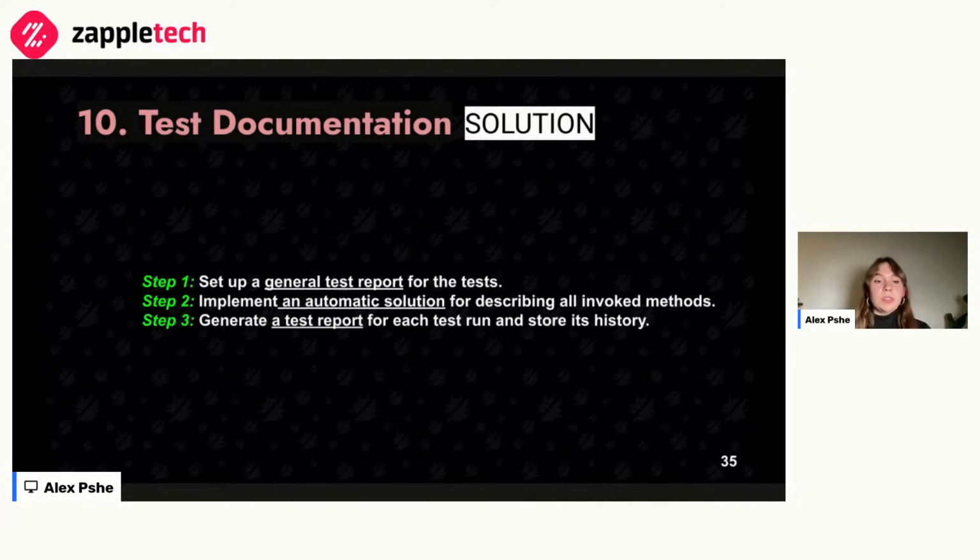So after that, we should generate this test report for each test run. So it should be a part of this pipeline with testing, right? And we should store its history. Normally it's like advanced level, but I think we can do it technically. It's not so difficult. So we should also invest our time, because in this case, we can get so many